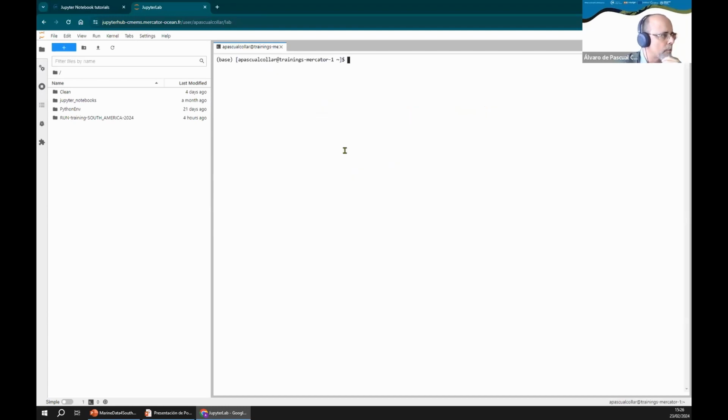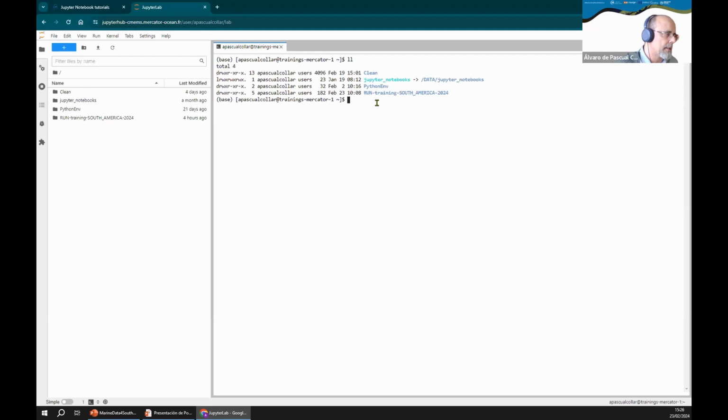This is the proper workspace of Jupyter Hub. And this is a Linux terminal, where you can use Linux commands like, for example, ls, to see the different directories. And for example, to copy the tutorial you need, you can use this command, cp -r,